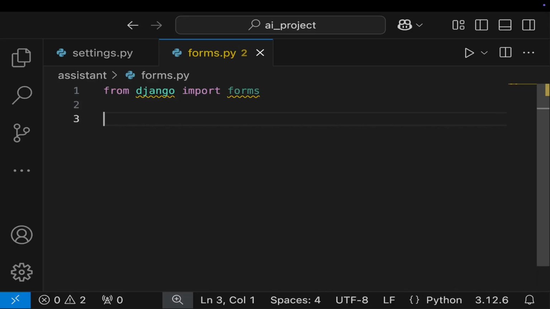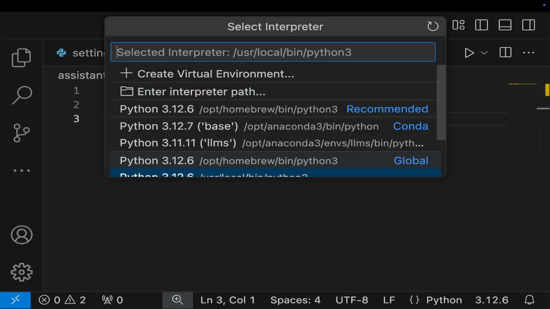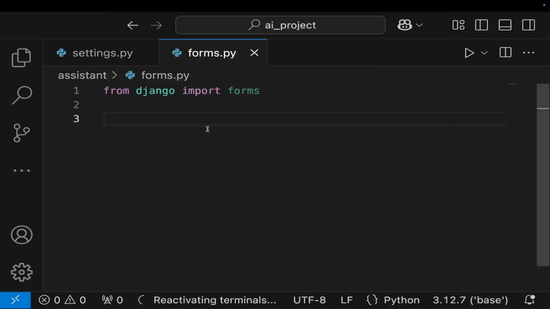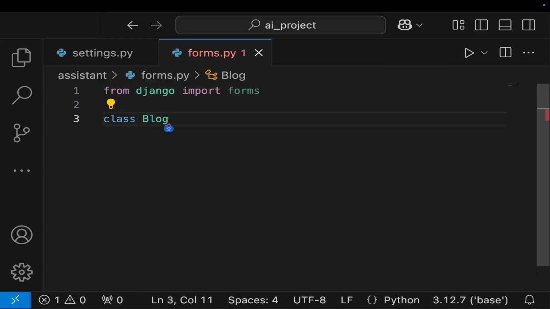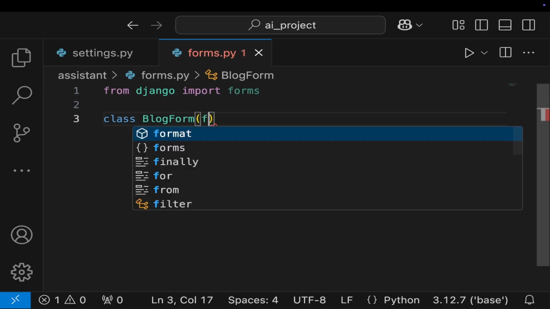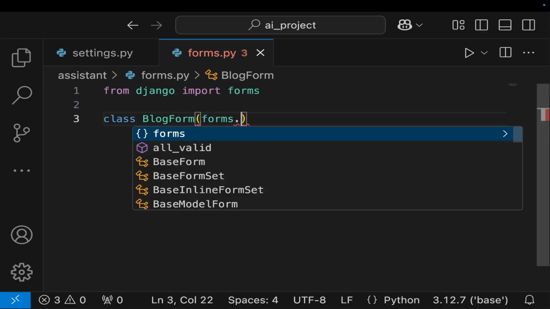After that, I need to select an interpreter. So let me do this very fast. Select interpreter and I'll choose this environment. Then I shall say class BlogForm, which will inherit from forms.Form,